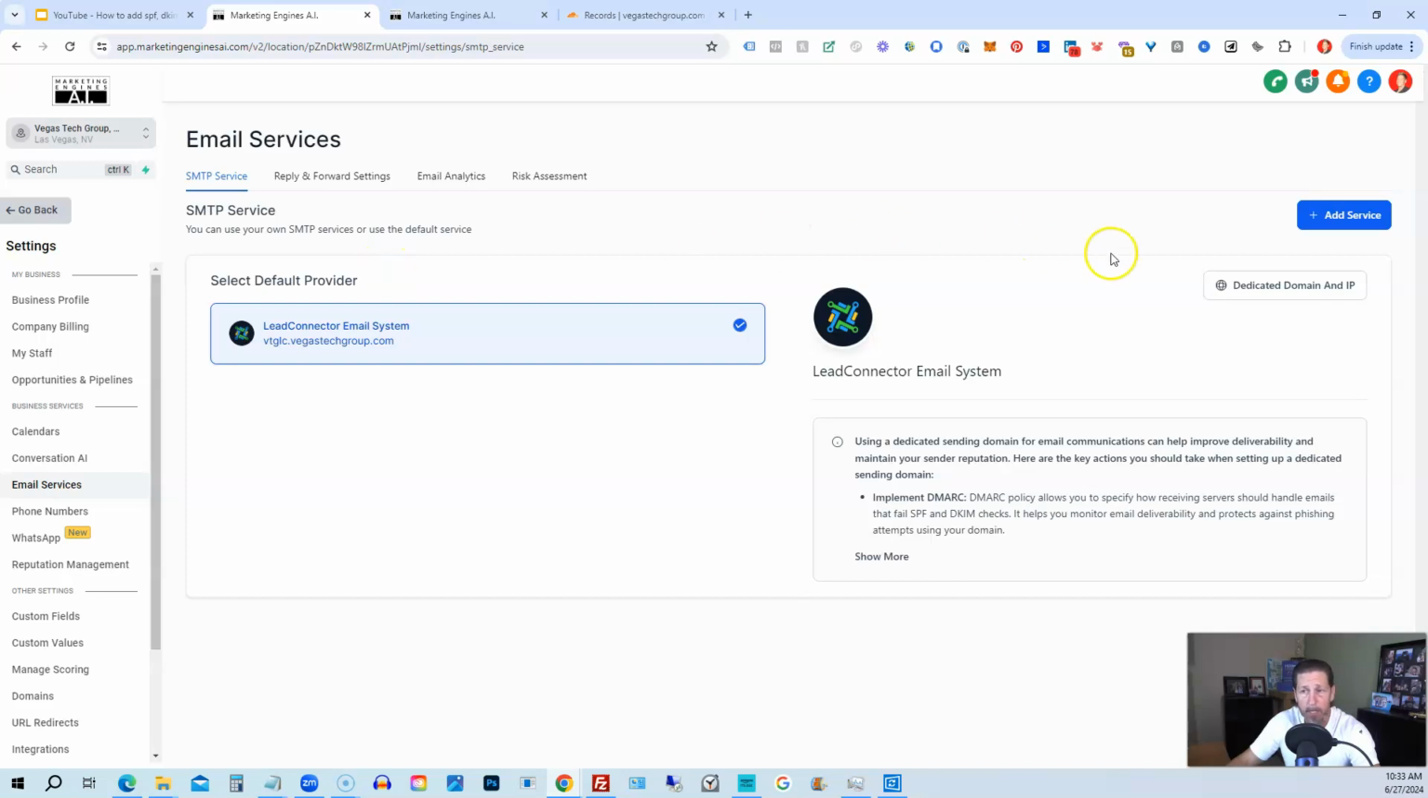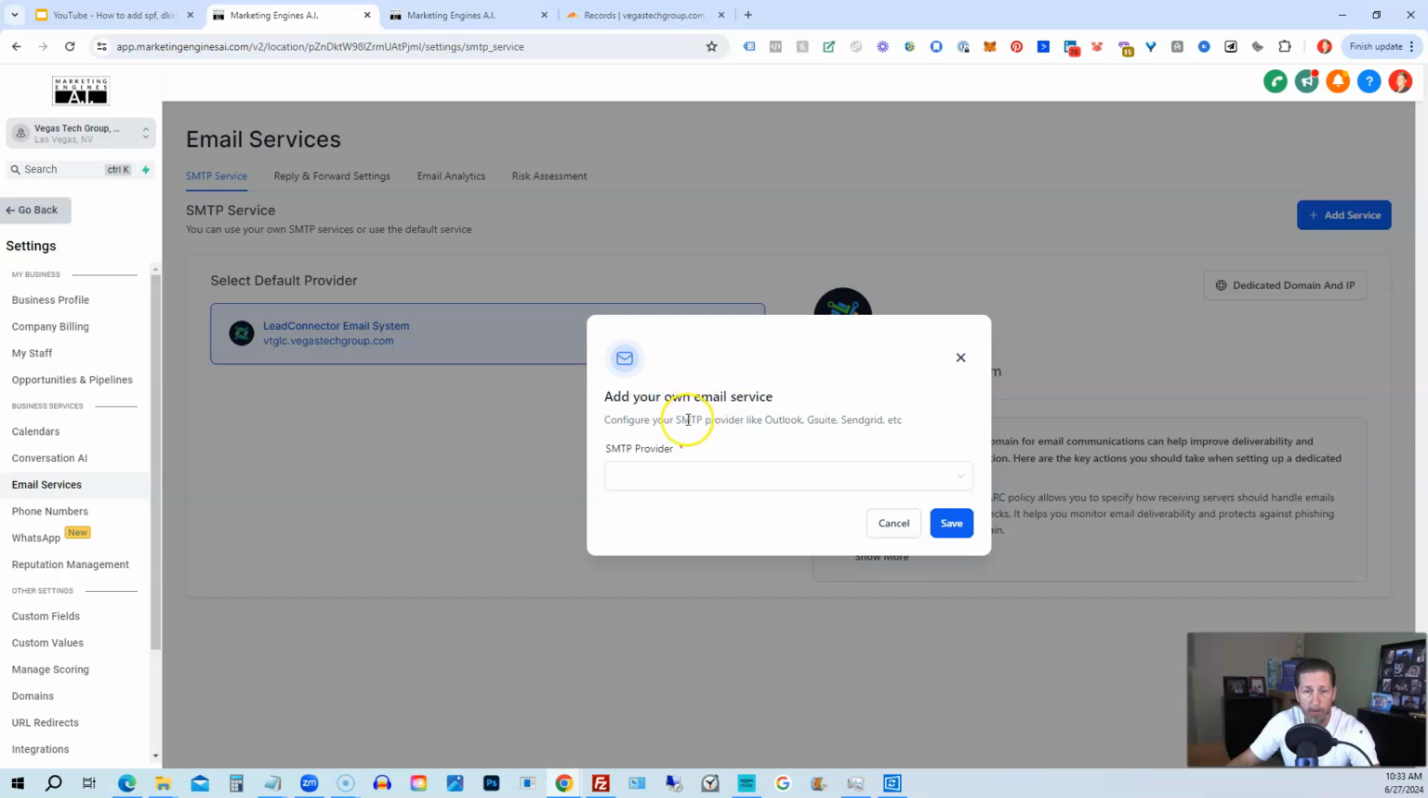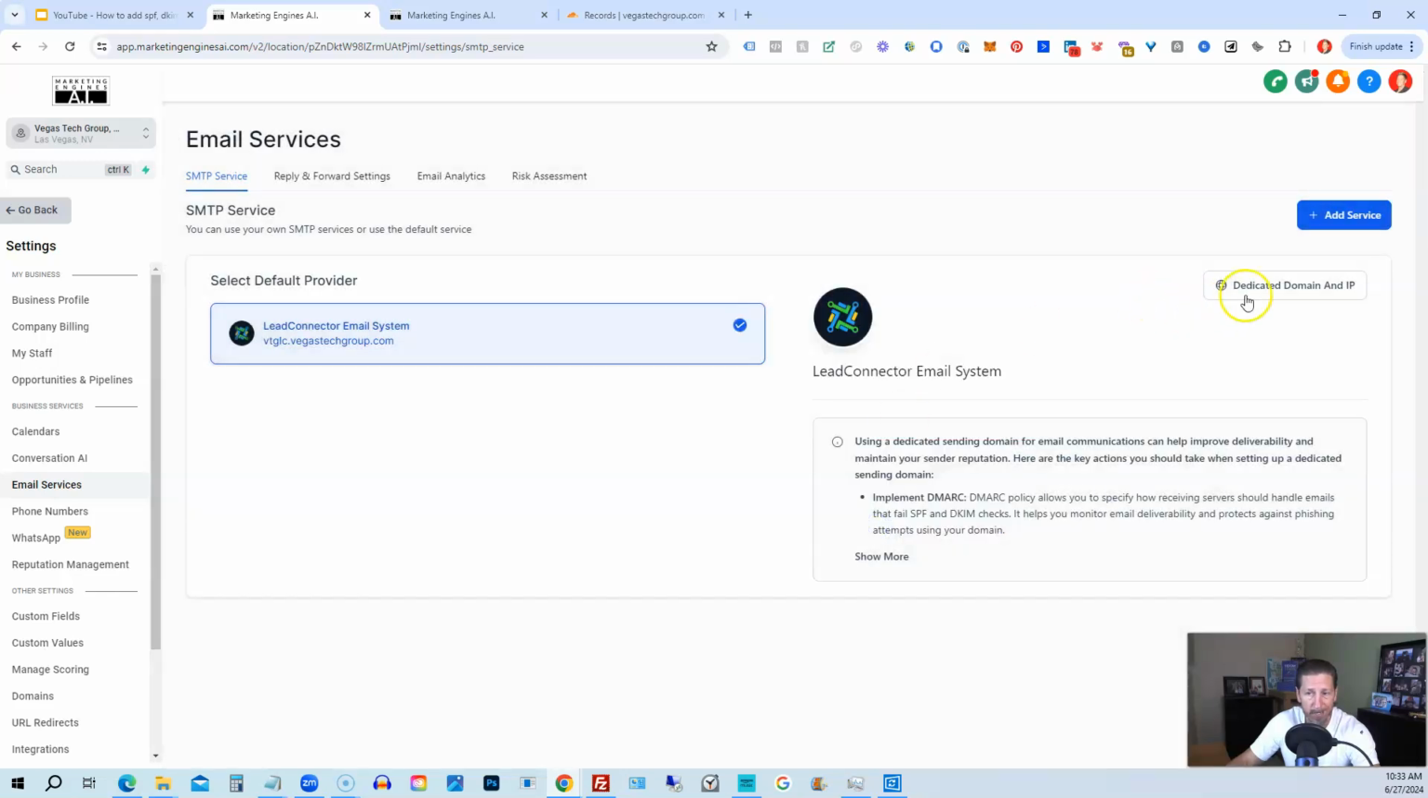So how do you do that? First things first, you can add a service if you want. You can add your own email service, SMTP provider, like Gmail, Yahoo Mail, SendGrid, or other. However, that's still not the most recommended way to do it. You're better off doing a dedicated domain that's a custom domain that you own, like your primary website domain,